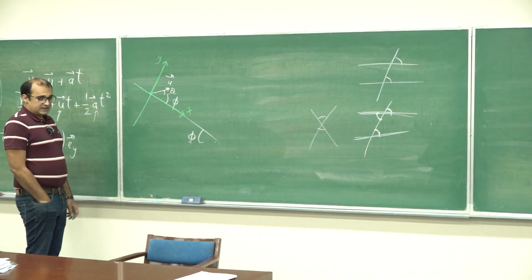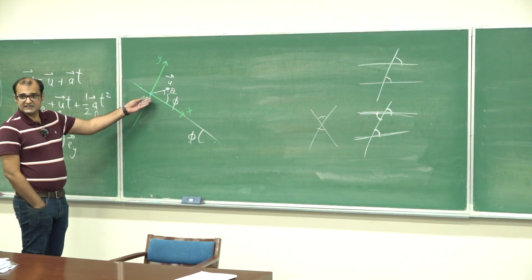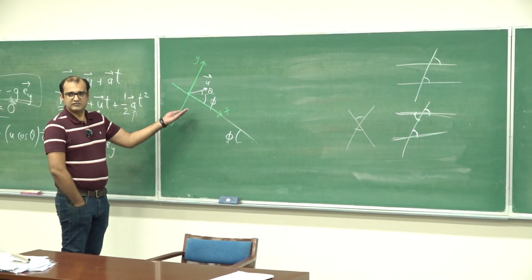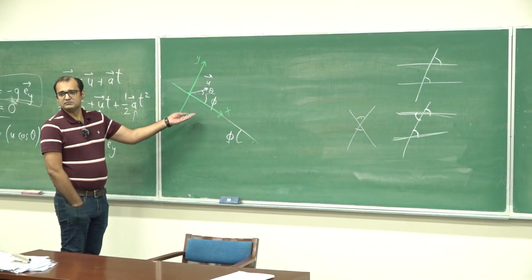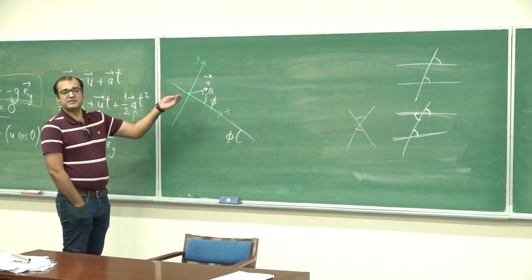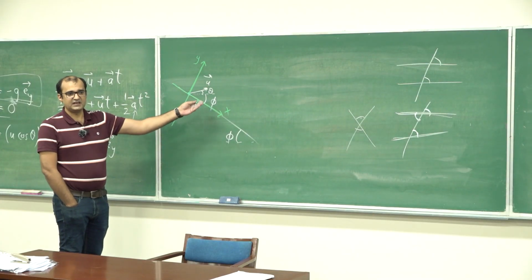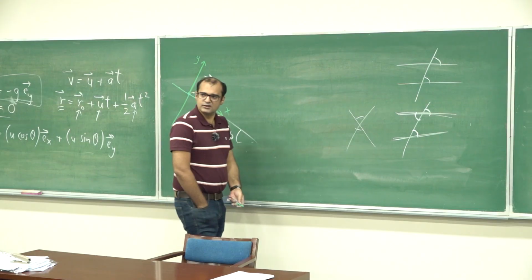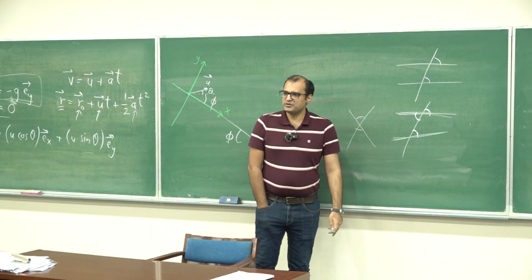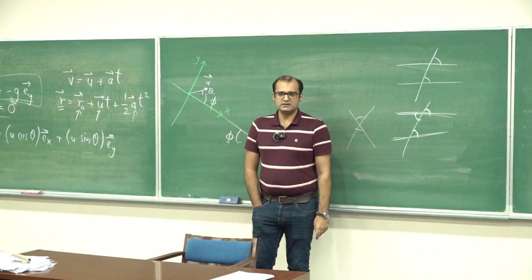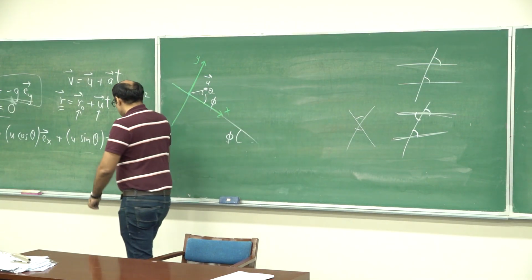Okay, so you have this, right? Now in this coordinate system, the surface of the hill has a very simple mathematical description. What's that? Mathematically, what's the equation that describes the surface of the hill? y equals 0. The x-axis has equation y equal to 0 because every point on the x-axis has y coordinate equal to 0. Right?